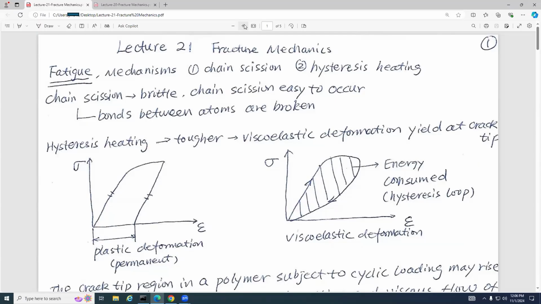Today we are going to continue our talk about composites. First,